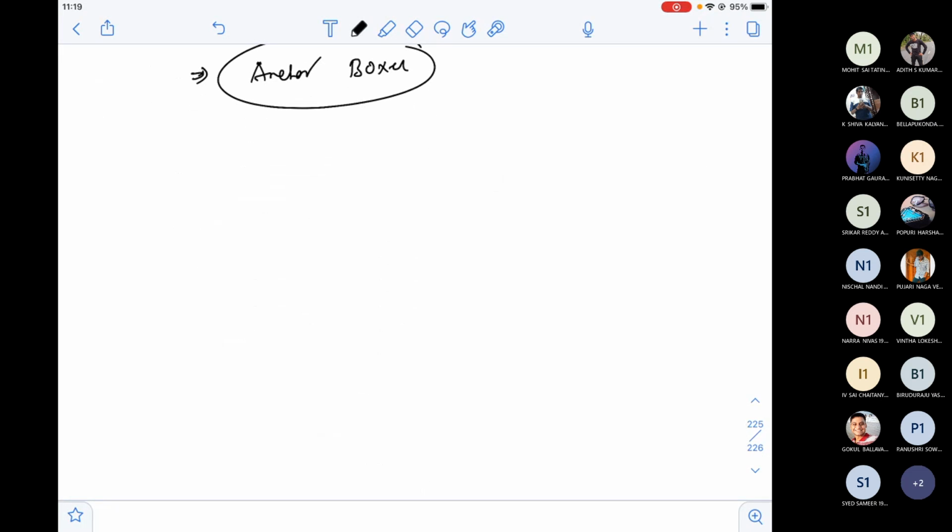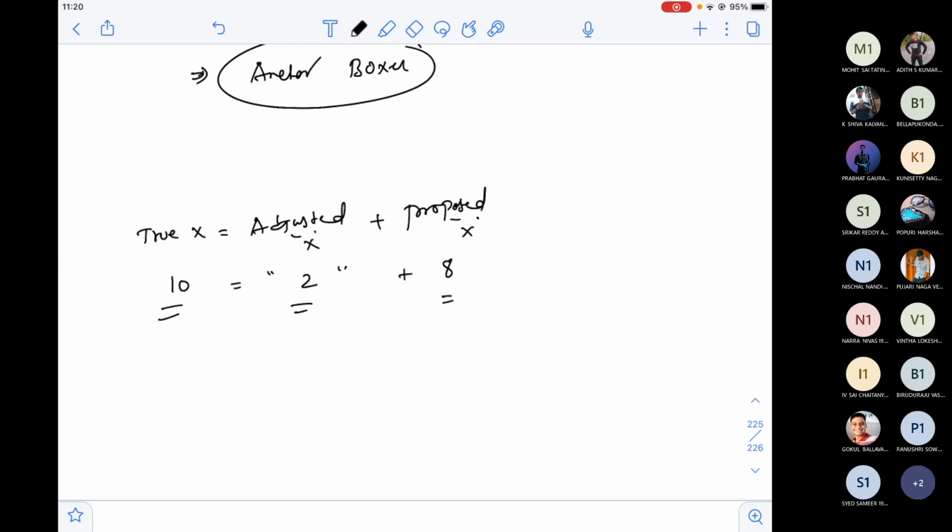So for example, the coordinates will be X, Y, W, H. I'm saying that true X is equal to adjusted X plus proposed X. Now true X is 10, proposed X is 8. That means your regression model will give you 2, so that the total will be equal to 10.